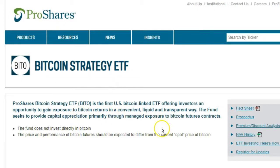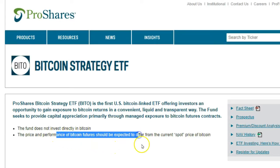The most important differentiating factor between using this ETF is that the fund doesn't actually own any Bitcoin. So you're not really directly owning Bitcoin, you're trading the futures. So why does that matter? It matters because the futures have some dynamics and features that will erode some of the value in the fund. So it is not a great long-term vehicle for trading Bitcoin. Keep in mind that if you truly want to own Bitcoin, this ETF is not going to be